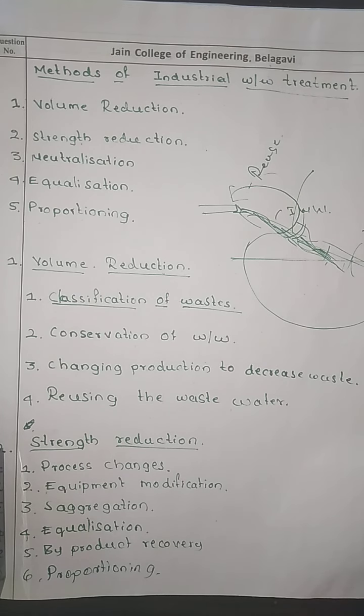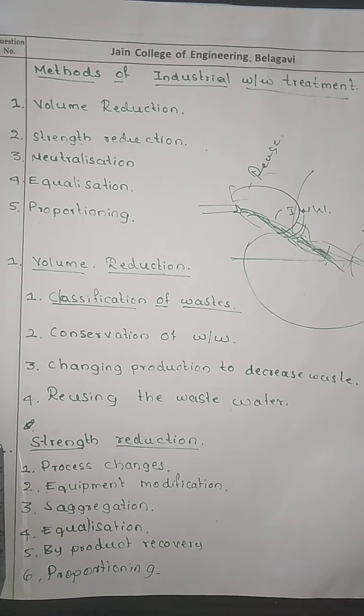Now, in order to reuse, the following steps can be taken. Install water meters in each department to make the operations cost and quantity conscious. We can regulate the pressure to prevent needless waste, and we can use thermostatic control to save water and increase its effectiveness. Then conduct leak surveys. Wherever there are leaks, we can inspect, and we can reduce the quantity of wastewater that gets spilled.